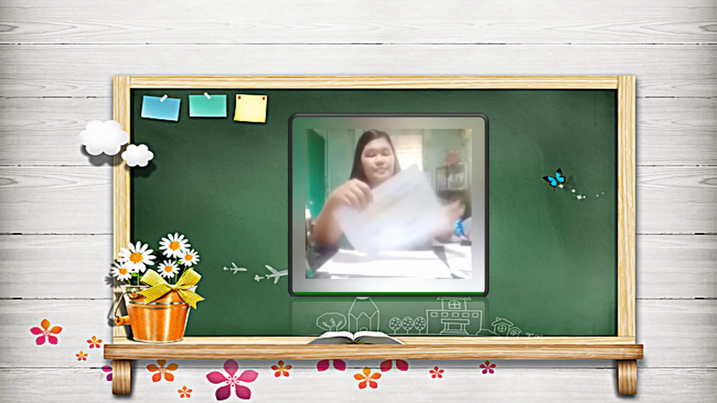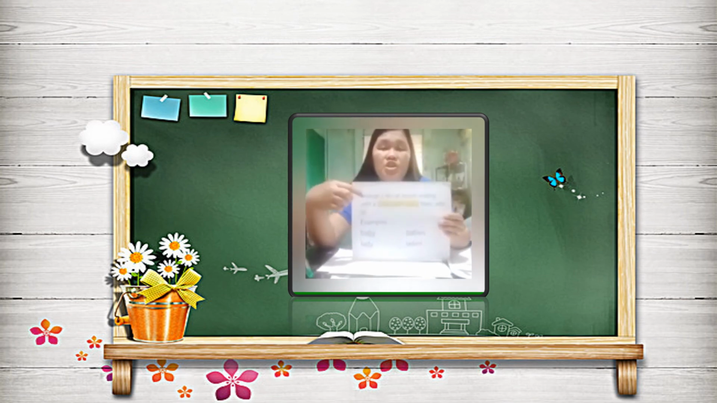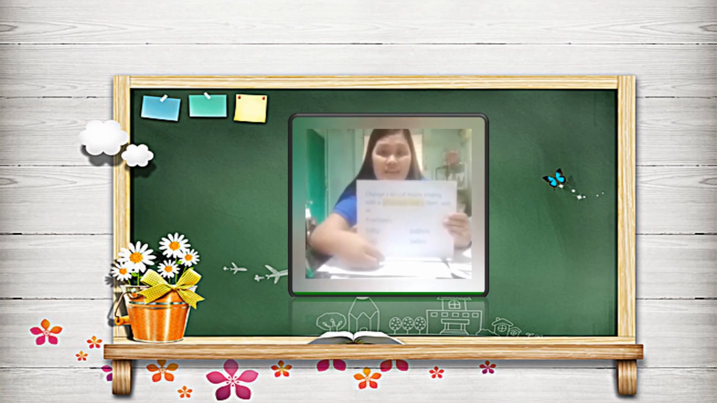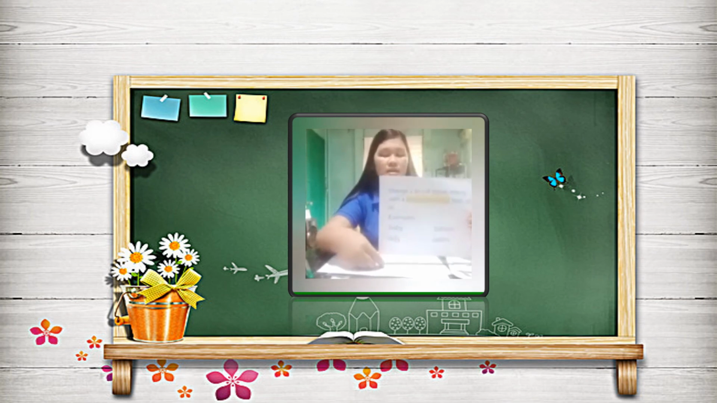Next, we change Y to I for nouns ending with a consonant and Y. Then we add ES. This is change Y to I and add ES. Okay? If the noun ends with Y preceded by a consonant, you have to change Y to I before adding ES. Okay? Examples, we have here